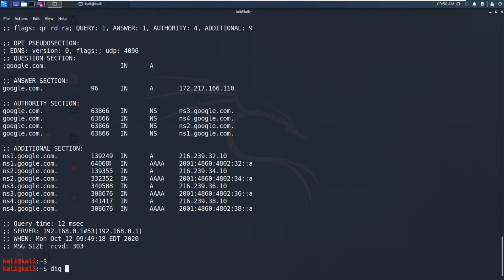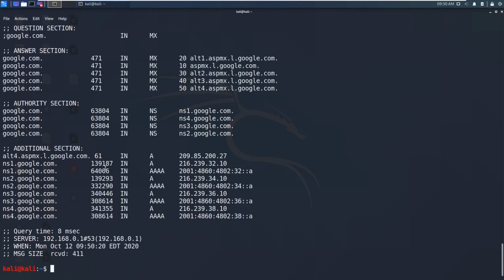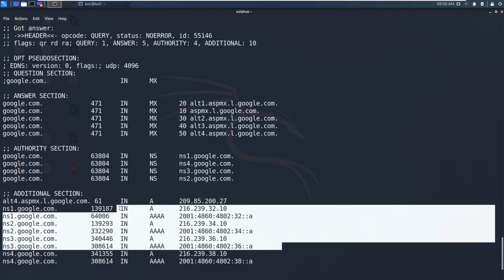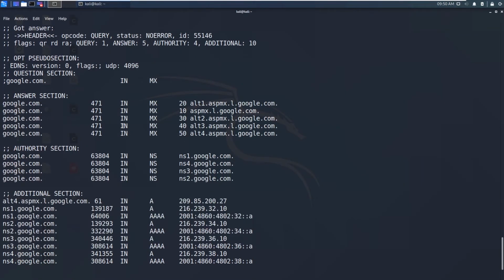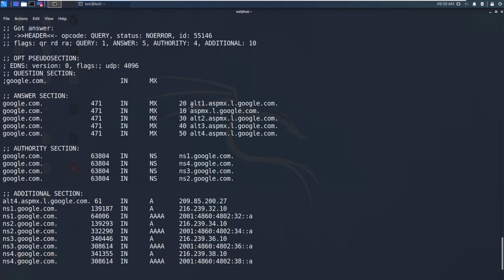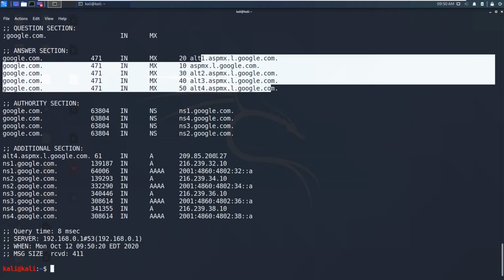So we can say dig. If you want to specify some particular record, you can say MX, and you can say google.com. As you can see, there are name servers and their A and quad A records, and the first one you can see there are mail exchange records. That means this google.com has these 5 mail exchange servers.